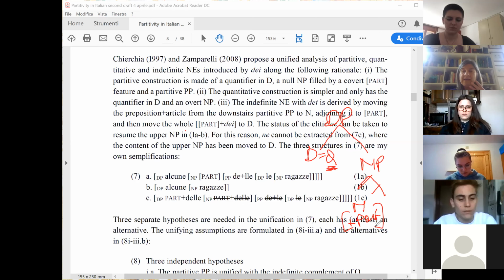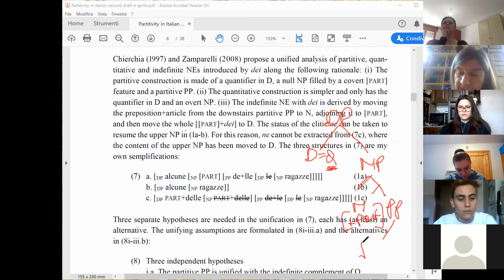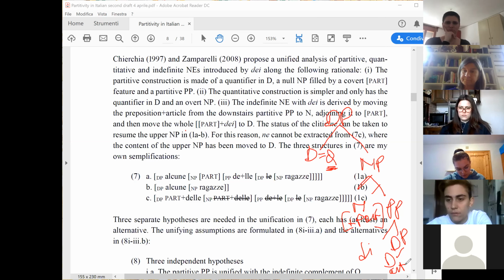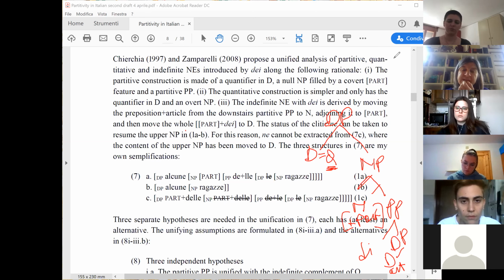And so a noun such as this, a noun which means part, has a complement which gives me what it is part of, okay? So the partitive PP would be here with a preposition D, a DP with an article, okay? And then the noun phrase. Okay? So this is the structure in 7a.